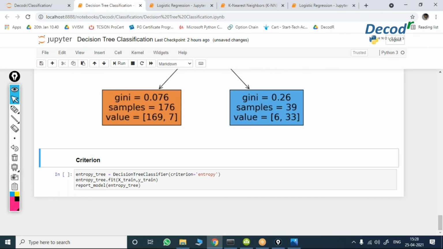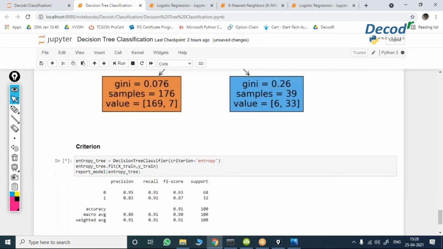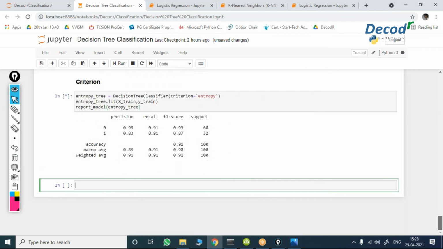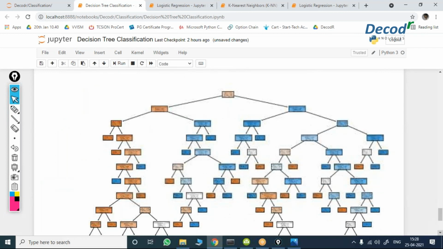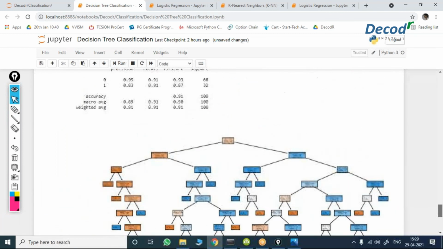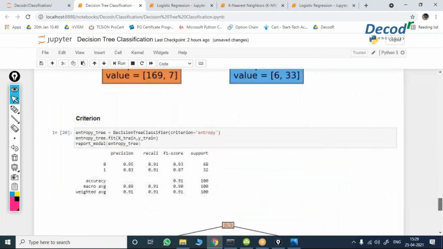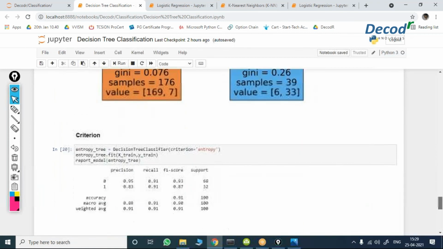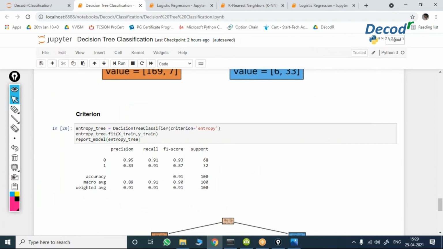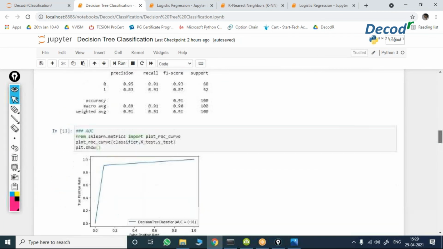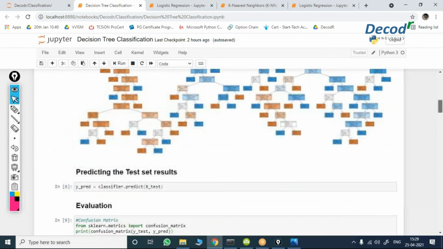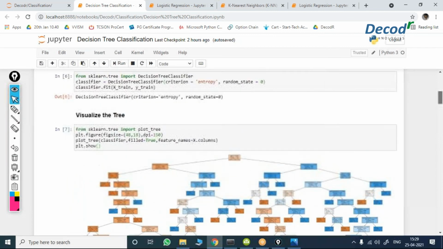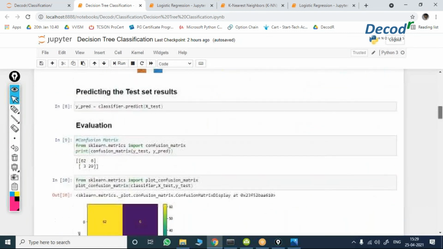Now if I take the criteria as entropy instead of Gini index, I'm going to get results in terms of entropy. Once again this is a complete decision tree because I have not given the depth of the tree. I'm just using the criteria as entropy. Earlier we already did this with respect to entropy.